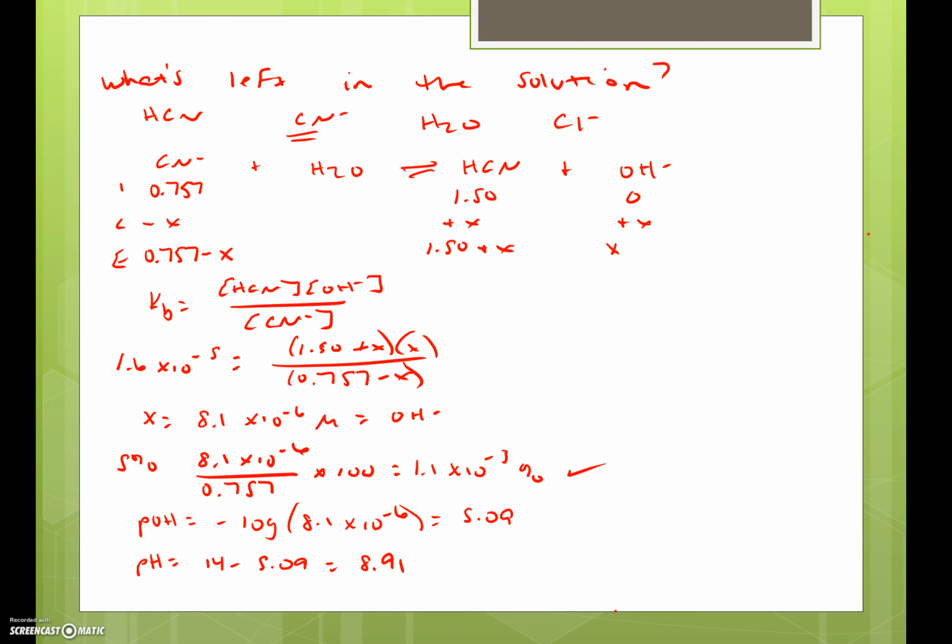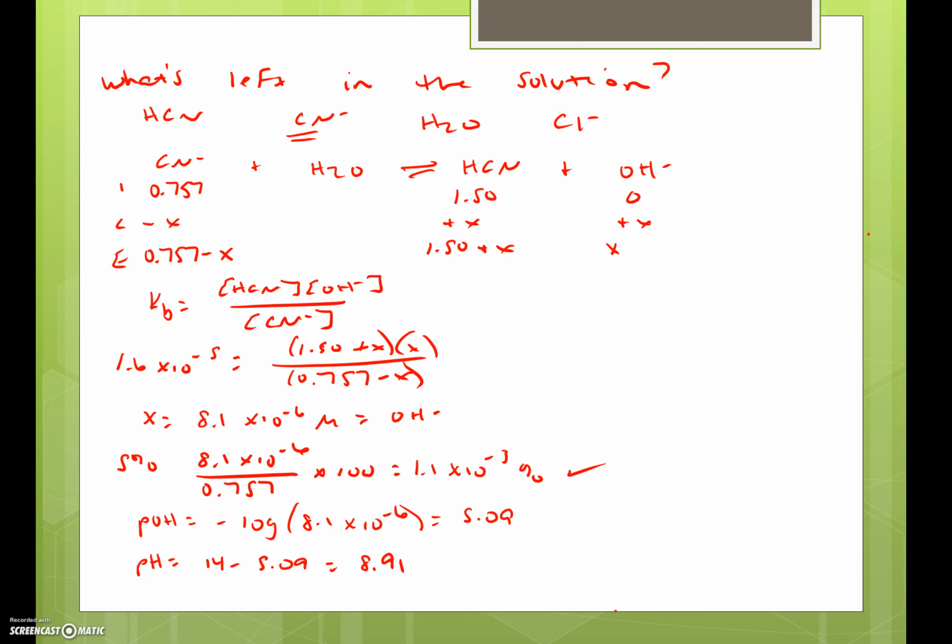We'll have a shift towards the right. We'll come up with our equilibrium values. We'll plug them into our K expression, and we'll calculate x. So in this case, x equals 8.1 times 10 to the minus 6, which is our hydroxide ion concentration. Our 5% rule is much less than 5%, so we're okay with assuming x is insignificant. When we calculate the pOH of the solution, we get 5.09, and subtracting that from 14 gives us a pH